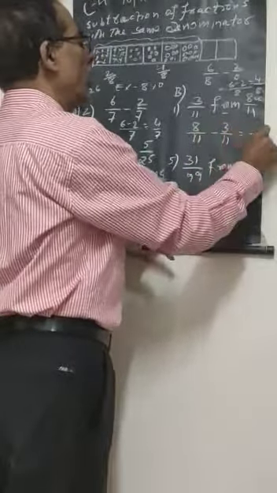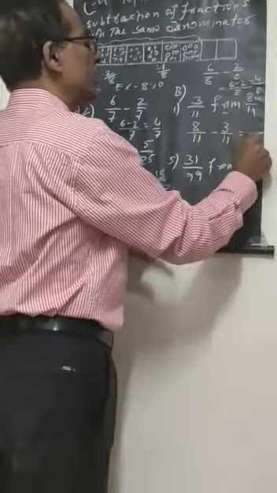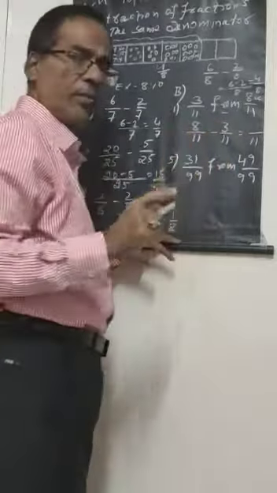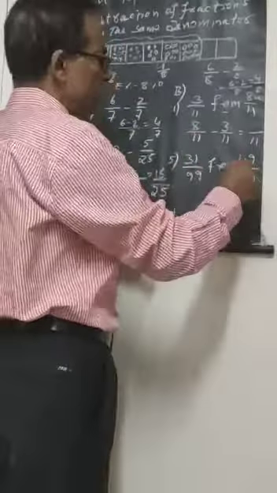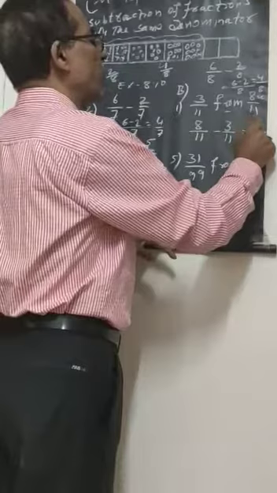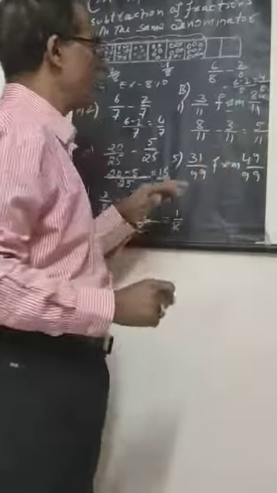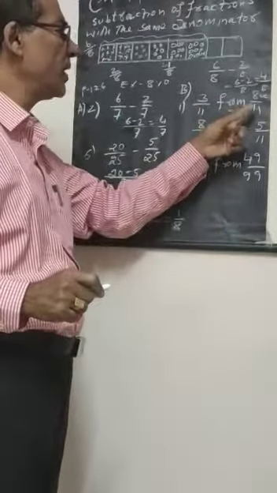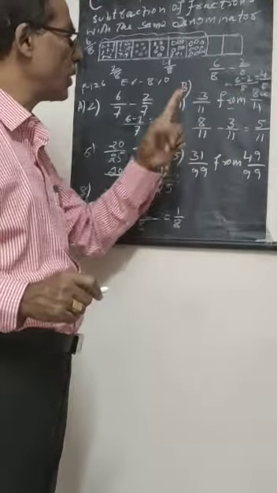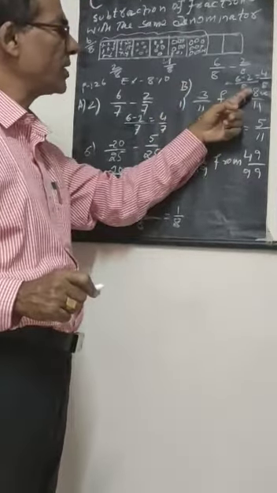So 11 is the LCM. From 8, 3 parts gone. Total shaded part is 8. From that, 3 parts gone. So from 8, 3 gone means 5. And this is one logic, that this is the total shaded parts, 8 parts. From 8 parts, 3 parts gone. So first you have to write 8 by 11.